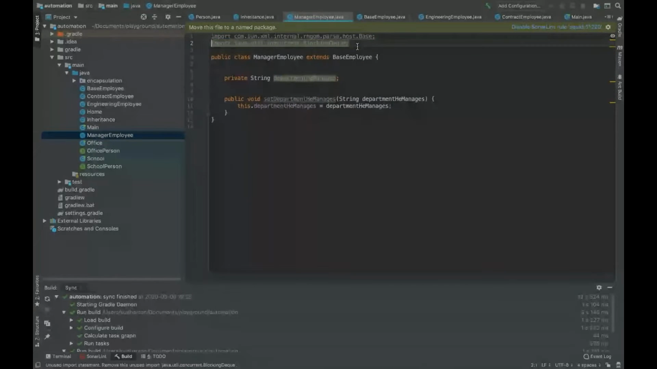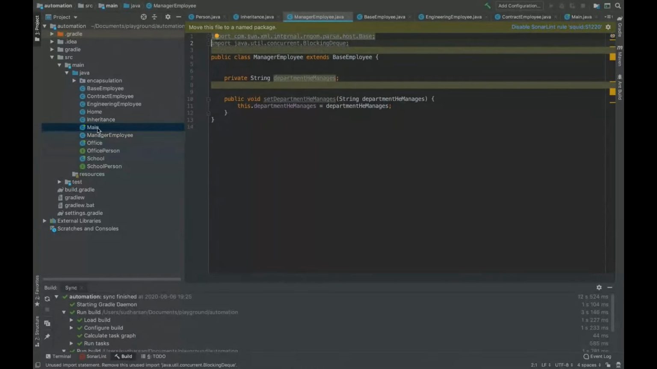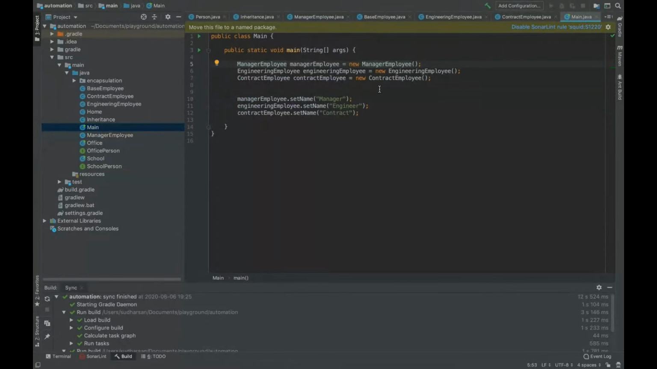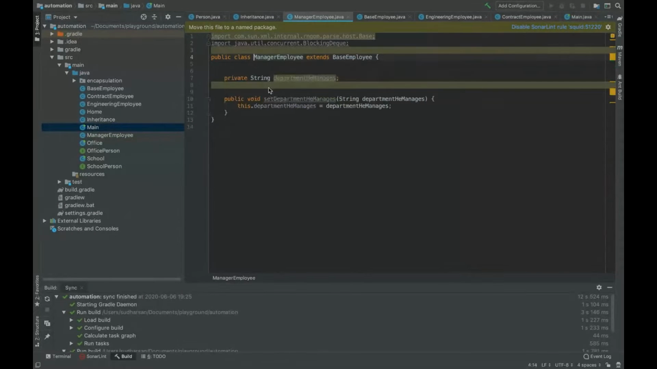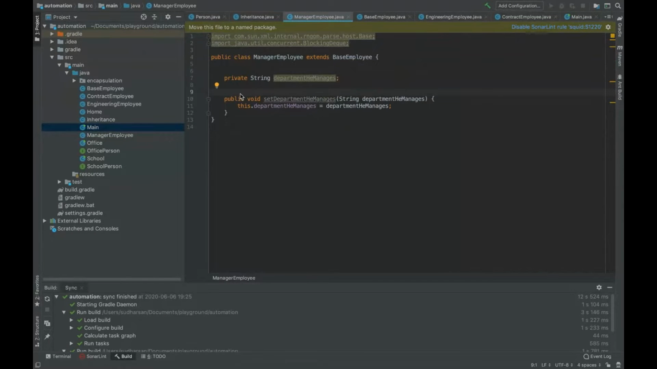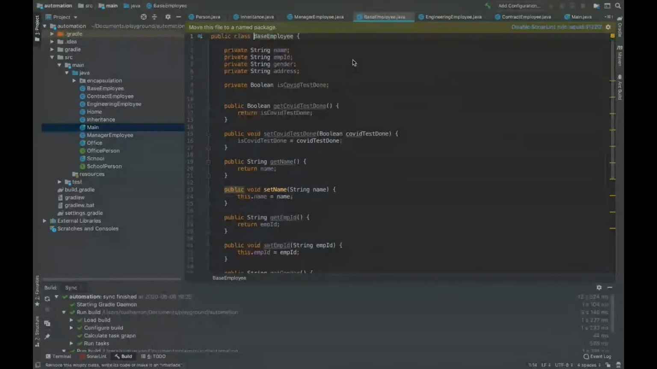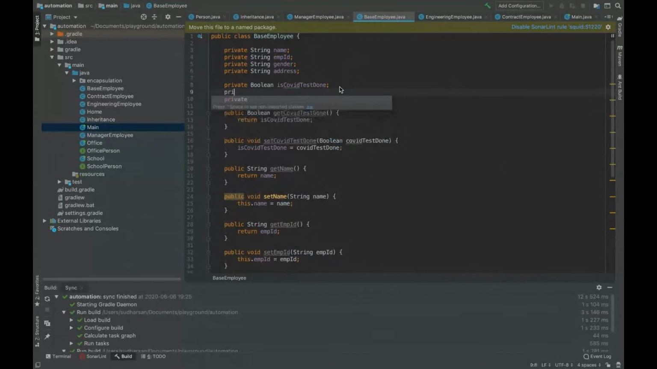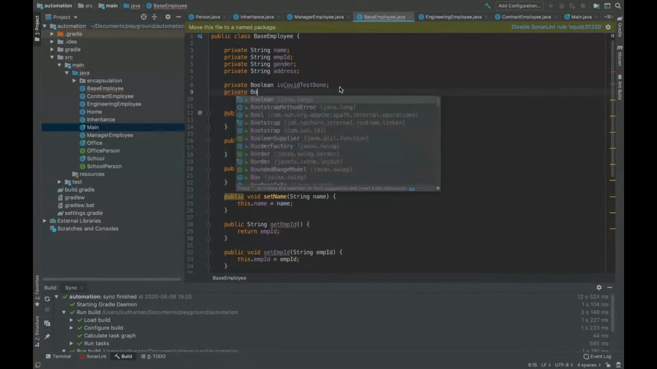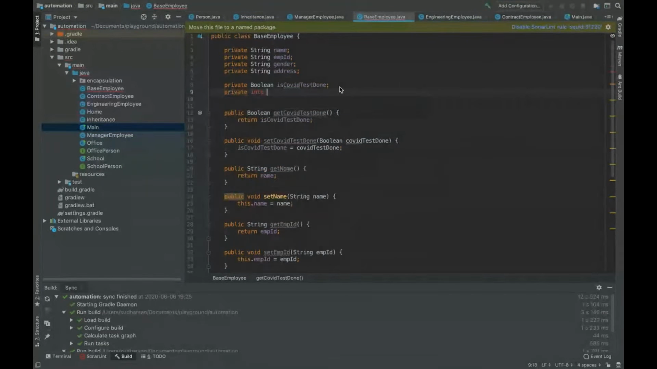Now if you check the main program, see there are no errors. Even though this particular manager employee doesn't have a method called set name, it doesn't throw any error because set name is inherited from the base employee. Now I'm going to add a new property called public int attendance, or number of working days,